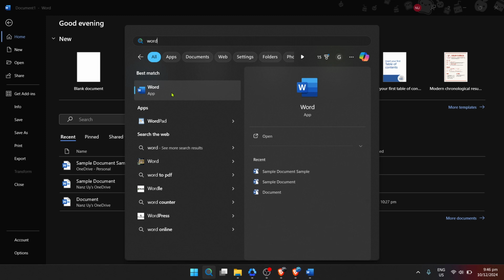If for any reason you can't locate Word, make sure you've got it installed on your computer, or consider reaching out for some tech support. But in most cases, Microsoft Word should pop right up after a quick search. After you've located Microsoft Word, go ahead and click on it. This will open up the application, and from here you're a couple of steps closer to inserting those headers into